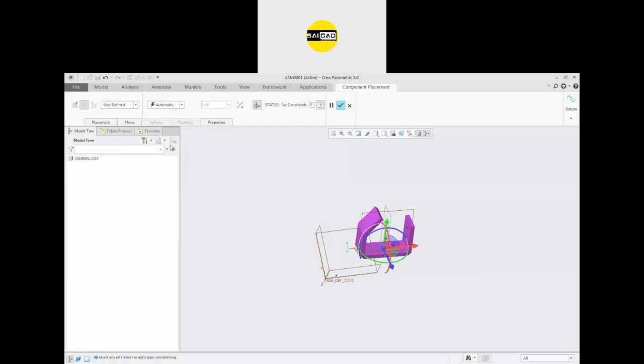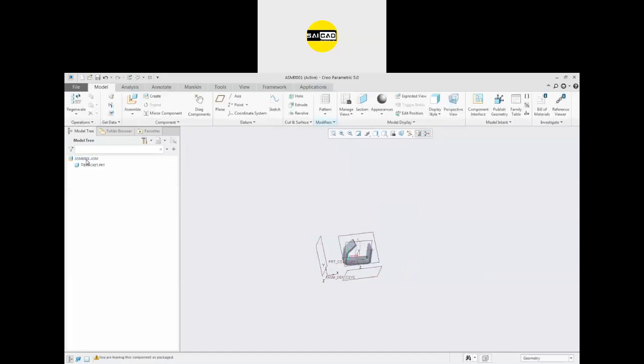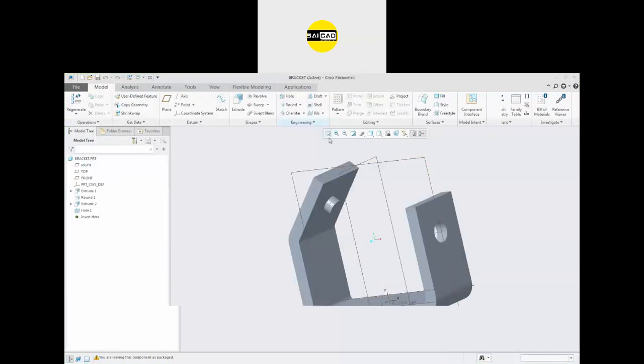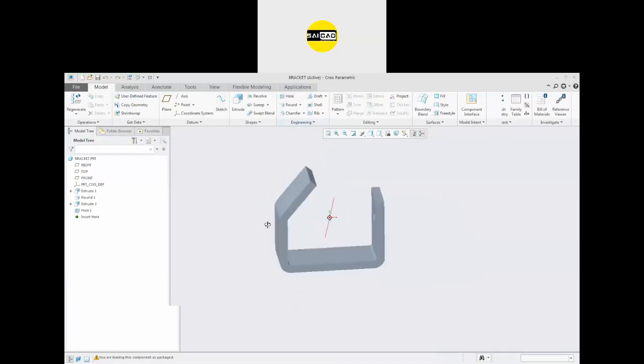If you go to the left side, we have the model tree. Here you can see there is the assembly. Okay, and all the parts will be placed here accordingly. If I just click OK, you can see in assembly we have a part right here. Okay, it is similar to the model tree that we have in the part. You can go to the part directly from here. Just click on the part from here. You have an option here, open. You can directly open the part from here like that.